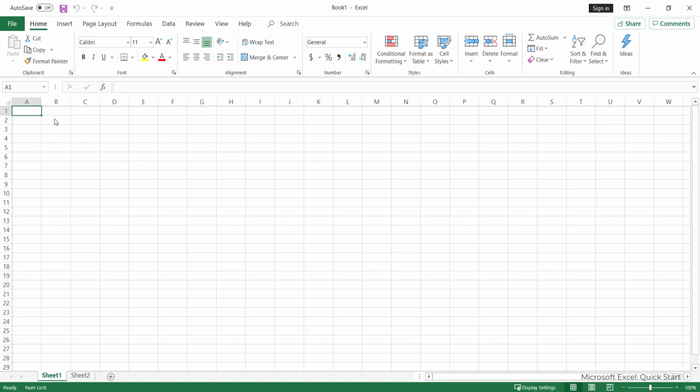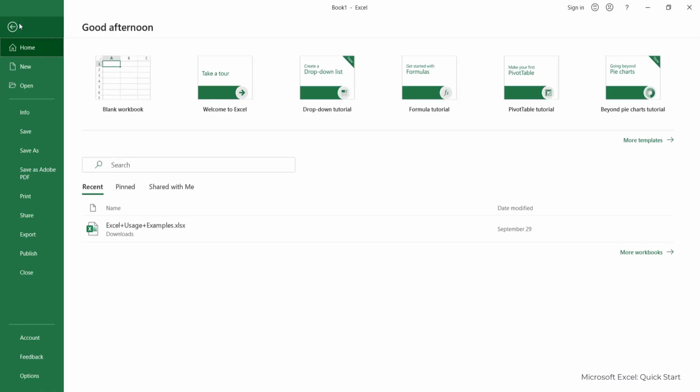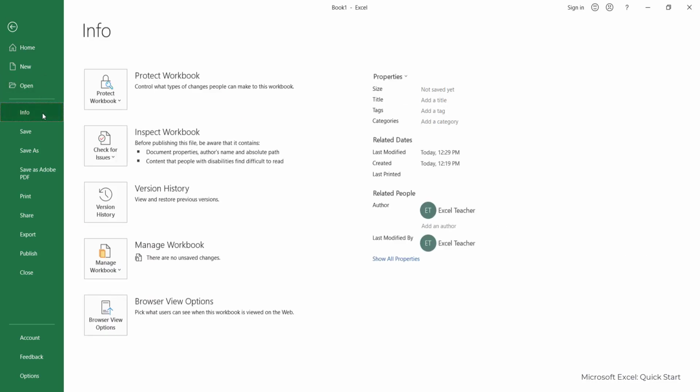The first thing you'll see below the title bar is the File command. When you click this button, you'll be taken to what Excel calls the Backstage view. From the Backstage view, you can create new documents, open existing documents, get information about the document you have open,